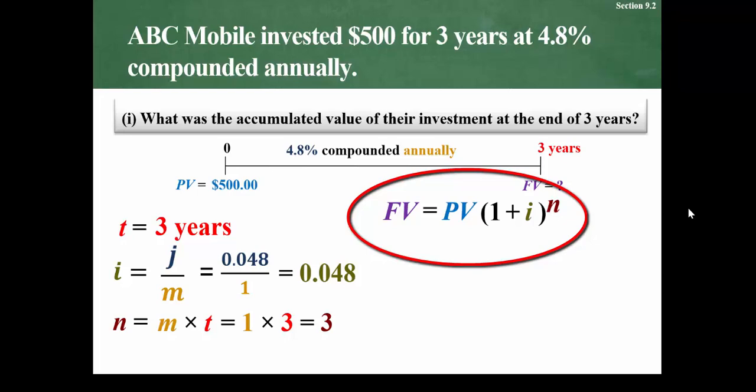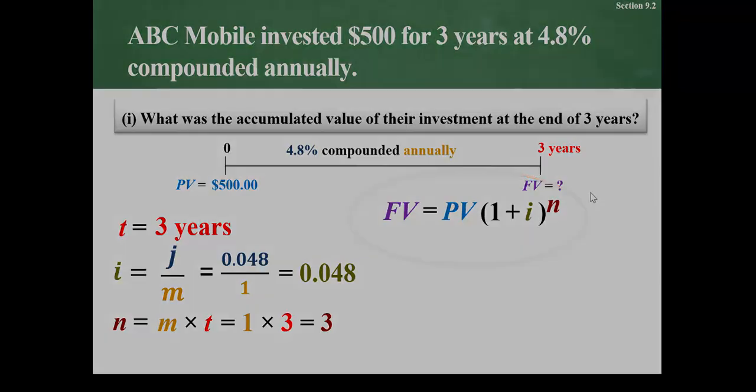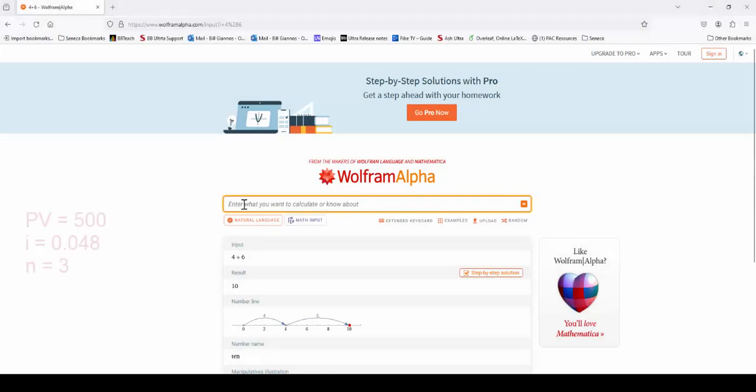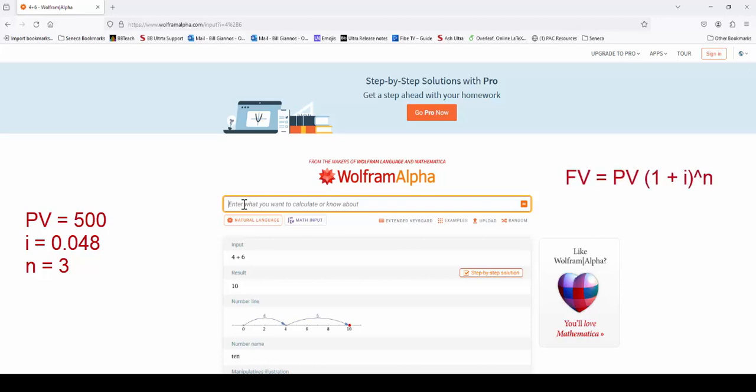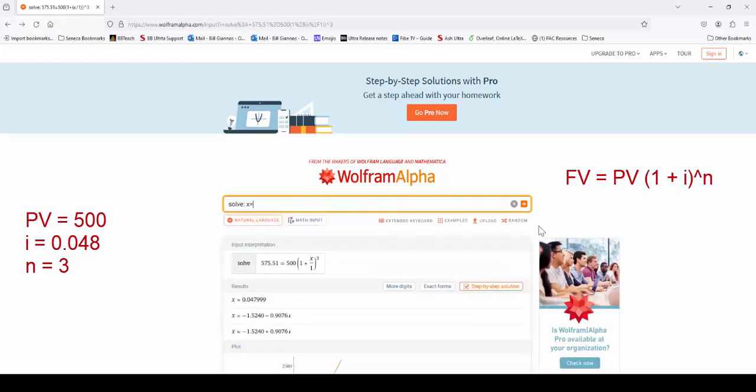And this is our future value formula, which we're now going to use with Wolfram Alpha. As you can see, we've got our inventory written here on the left-hand side of the page and the formula on the right. So now we're going to fill in that formula with the data that we've already acquired. So solve x equals 500 open bracket 1 plus